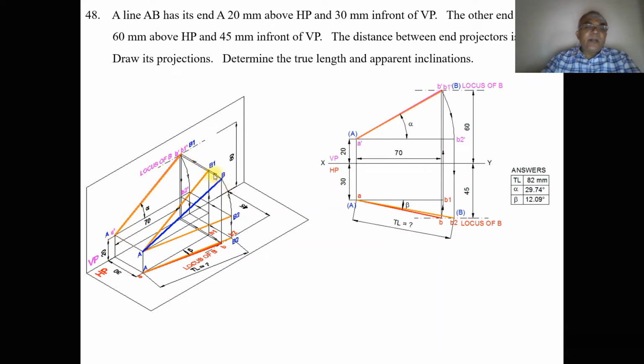So when you are rotating like this in space, what happens? The image is also getting rotated here. With A as center, taking the radius of AB, when you rotate in the horizontal plane, B1 is also parallel to VP. That means small AB1 is the line which is parallel to VP. So you are getting the true length in VP, which is A dash B1 dash. Then join A dash B1 dash a little bit thicker than the XY line. So this is the true length line.